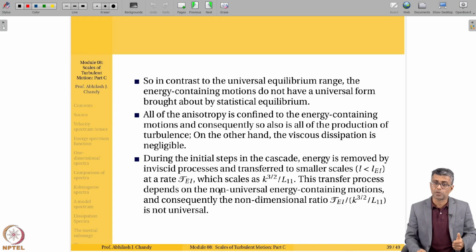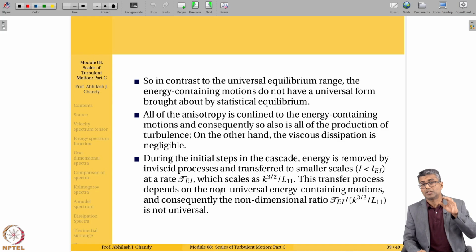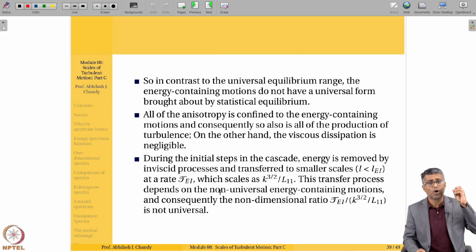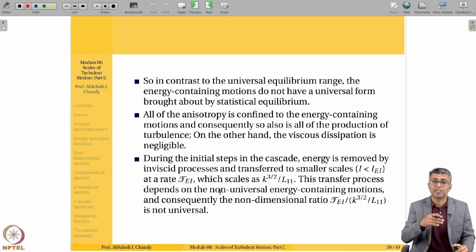Why am I saying inviscid processes? We have discussed this previously. Just think about the Navier-Stokes equations. The breakdown of the large scales happens because of the inertia term, the u du dx term, the velocity gradient term. So that is an inviscid process. That has no viscosity in it. That is what leads to the scale breakdown,